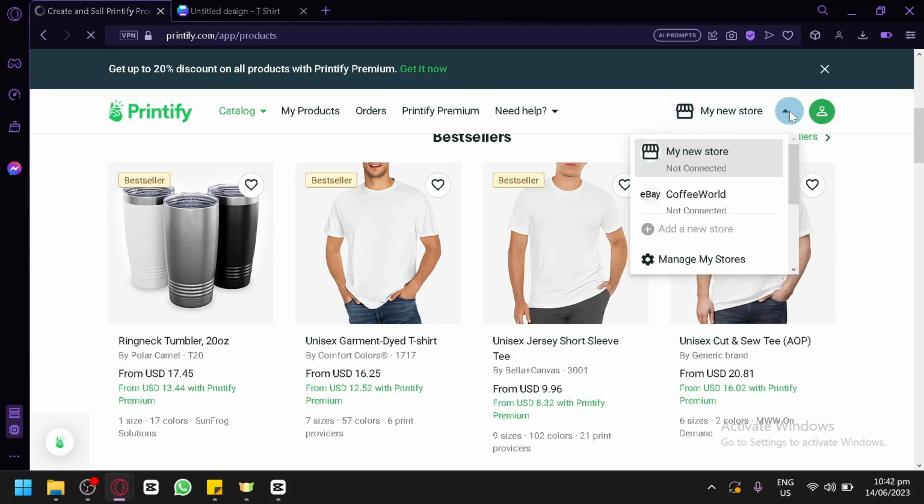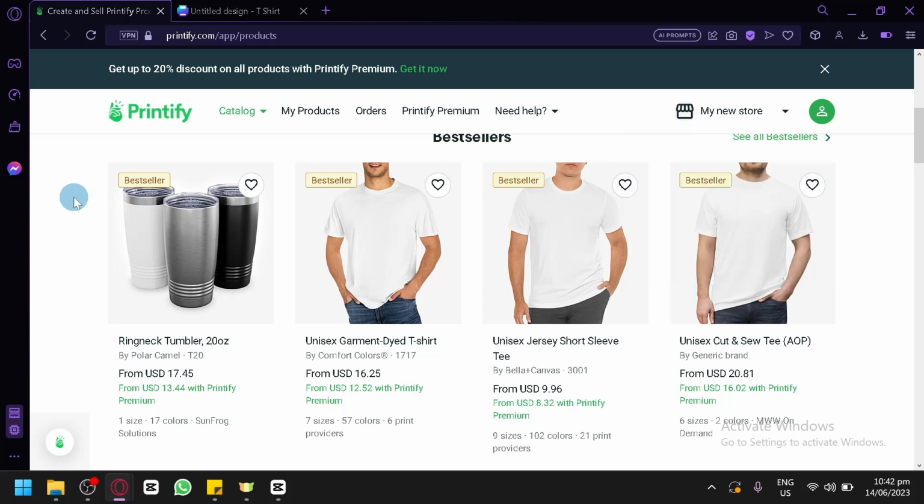It's simply going to Manage Stores over here, selecting the specific e-commerce store that you want to connect, and simply logging in, and there will be some authorization or verification, and you will be able to successfully connect it. Now let's proceed with creating your different outputs or different products that you could start selling with